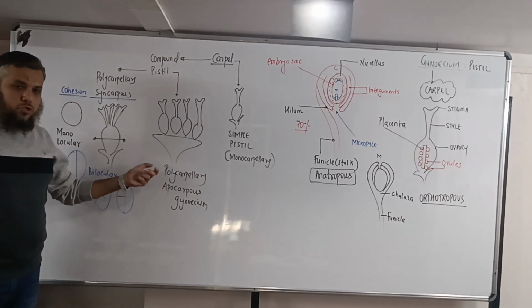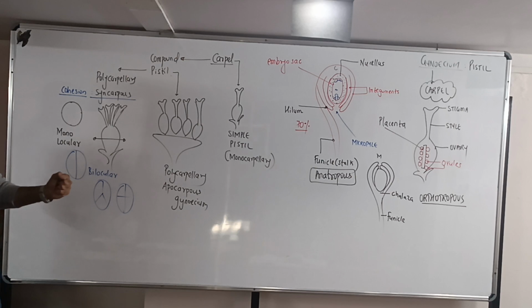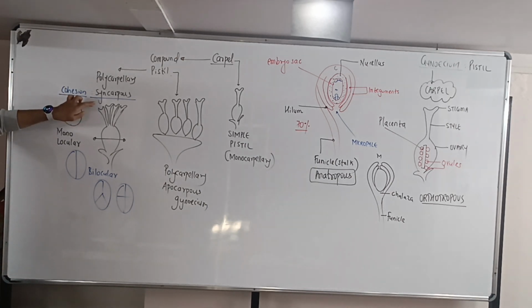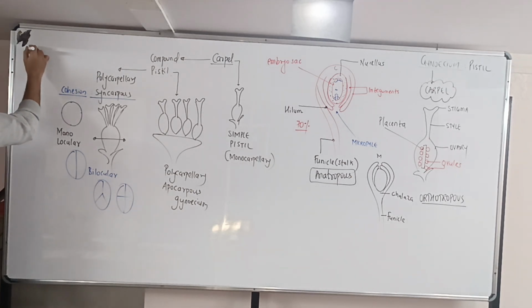Carpels are not fused. Single or many carpels? Many carpels, but they are not fused. If they are fused, you'll call it syncarpous, and polycarpellary syncarpous can be mono, bi, tri, tetra, penta, multi. Did you understand? Just like we had done estivation, we are coming across a new concept of arrangement,